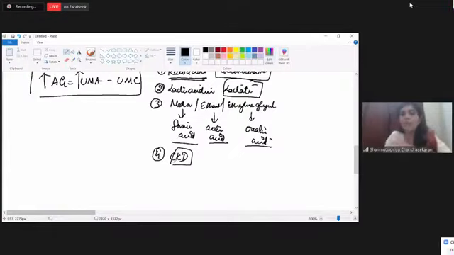So this means you don't have to memorize any mnemonic. You must have read in your textbooks mnemonics like MUDPILES, which is methanol poisoning, uremia, digitalis toxicity, paraldehyde toxicity, INH, lactic acidosis, ethylene glycol poisoning, salicylate poisoning. Do you think you need such a mnemonic to memorize causes of high anion gap metabolic acidosis anymore? You don't need. All you need to do is understand the concept. When will there be an increase in anion gap? Increase in anion gap only when an abnormal acid accumulates.